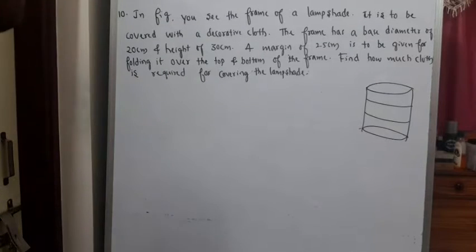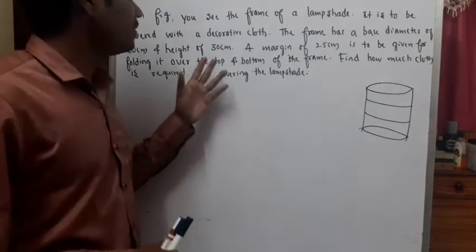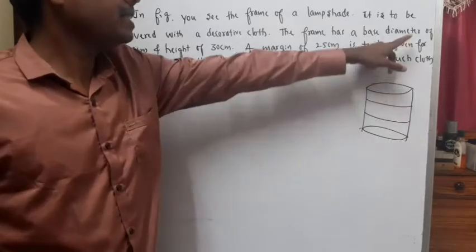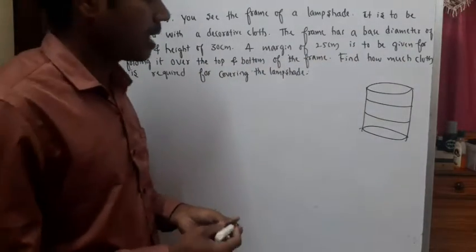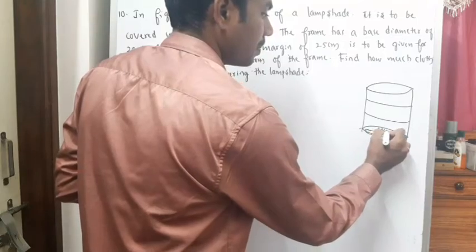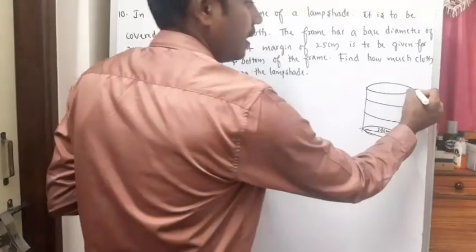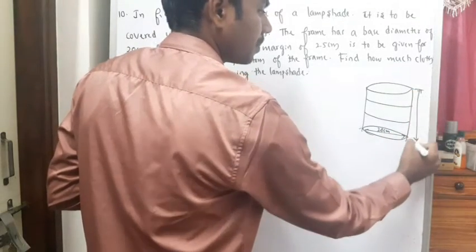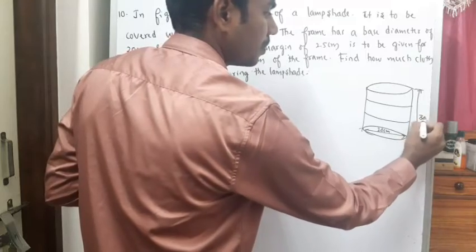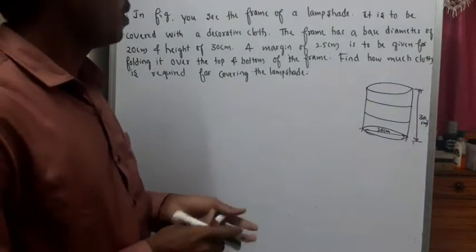10th question. In the figure, you see the frame of a lampshade. It is to be covered with a decorative cloth. The frame has a base diameter of 20 centimeter, and height is 30 centimeter. And a margin of